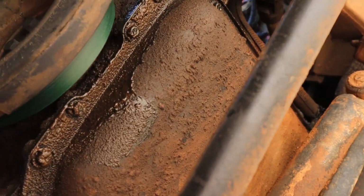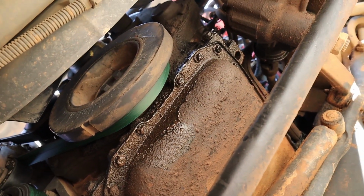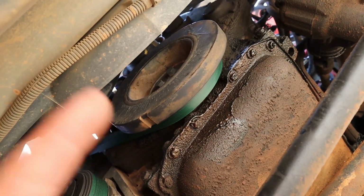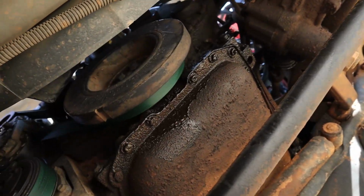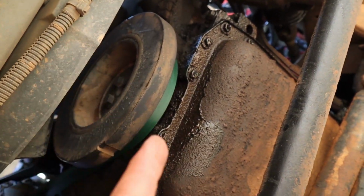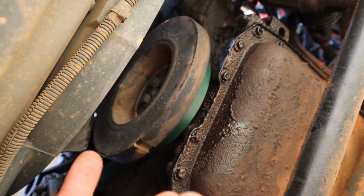It has some residual wetness of caked up oil, but if you're familiar with these 12 valves or even the 24 valves, a lot of the front seals are very, very common to leak. So it's almost impossible to find a 12 or 24 valve that does not leak. This one leaks, I guess it leaks a little bit, but it does not drip. Anywhere that I've parked, it has not dripped. So I will end up getting to doing those seals anyways, not only content, but also to just keep up